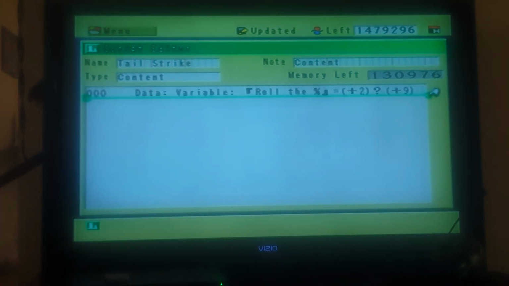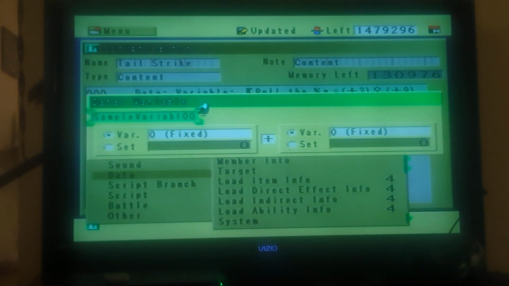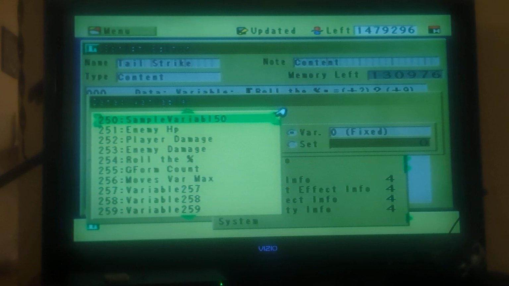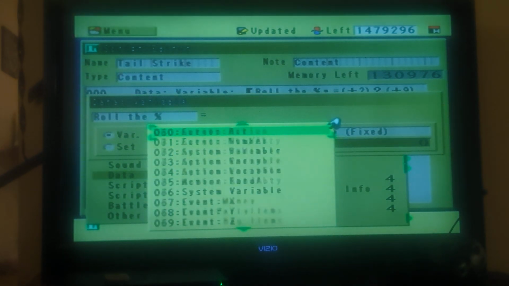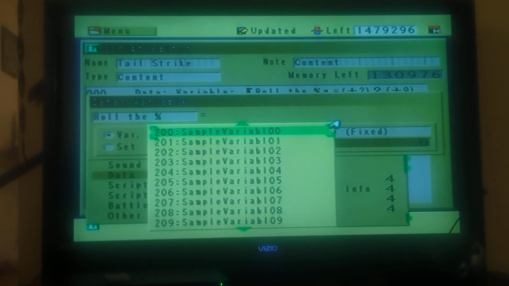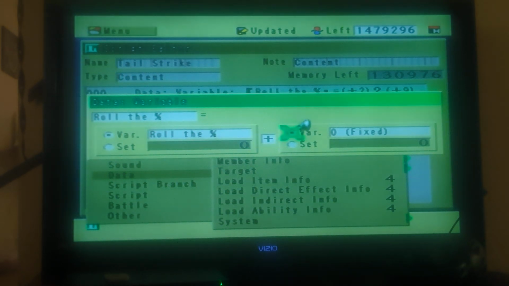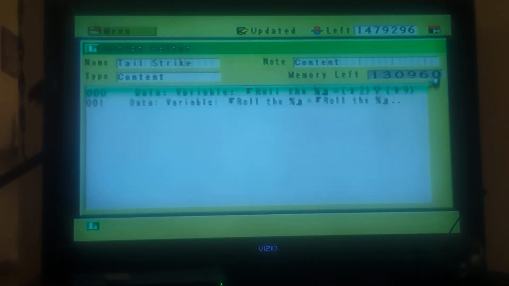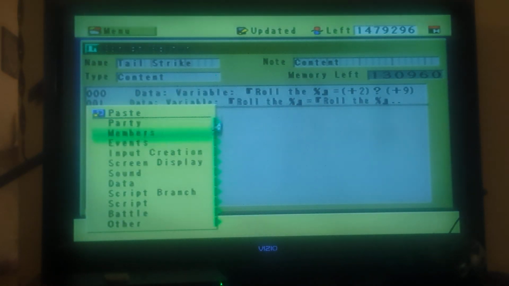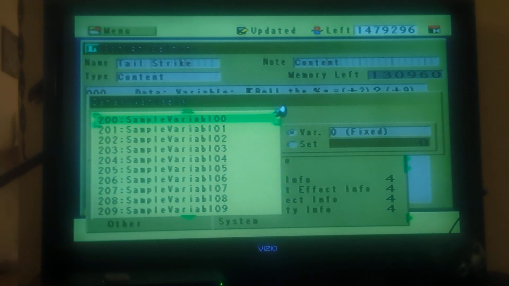So random number between 2 and 9, and then data, variable, our random number generator is equal to itself minus 1. And that covers the damage, except for this, which is data, variable,